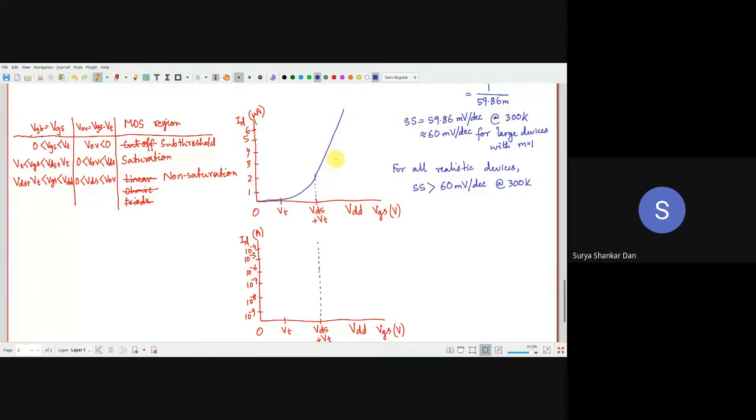If this is a linear region, then exponentially what is the variation? That is varying from like 2, 3, 4, 5, 6, it is linearly increasing, right? So exponentially, in the powers of 10, it will all be kind of like a horizontal straight line in the microampere order. So where is the microampere order here? This is in amperes, right? So this is your microampere order. So the entire VDS plus VT and the rest will be simply like a straight line on the log scale over here, because this is the order we are plotting.